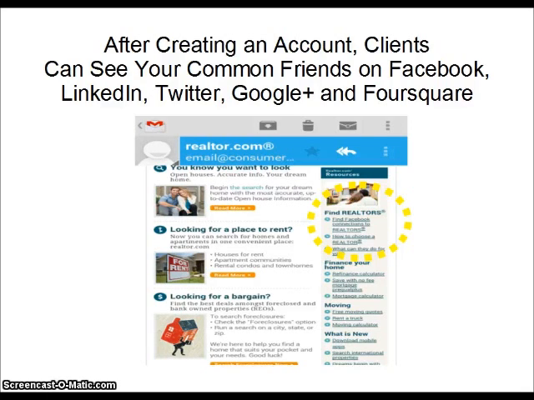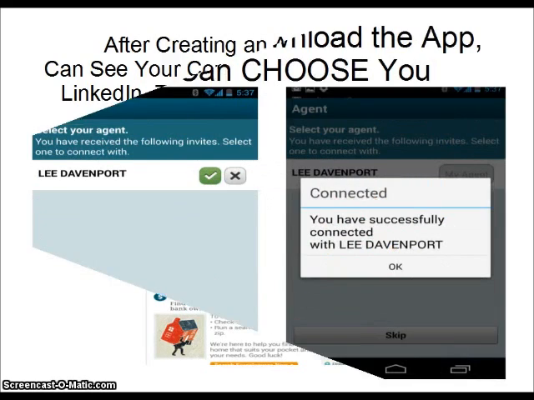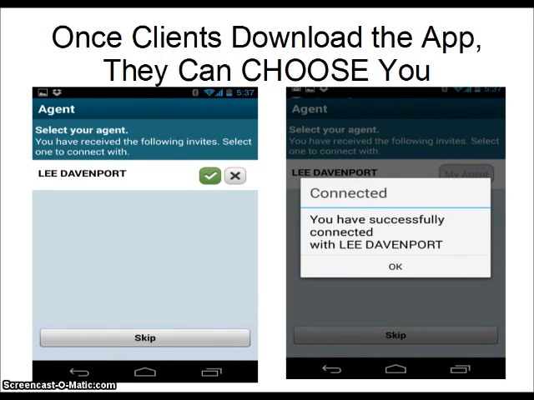So now after the client receives the email, and they download the mobile app, the Realtor.com app, they will see this screen that allows them to say, yes, I do want this person to be my agent. Now, unfortunately, they also have the option to skip this screen. So this is another caveat. It should default to they have to select the agent in order to even move on,